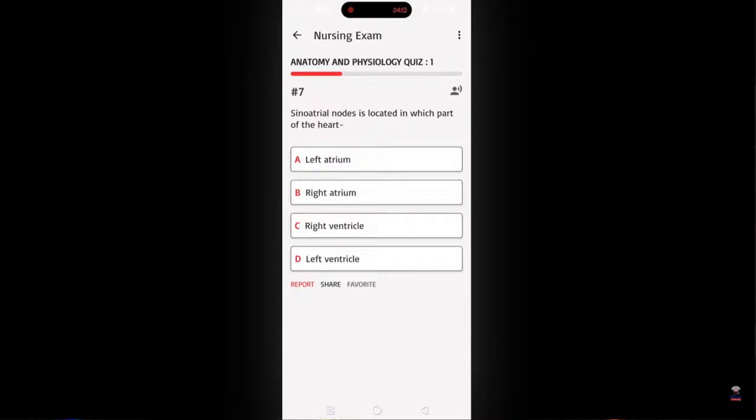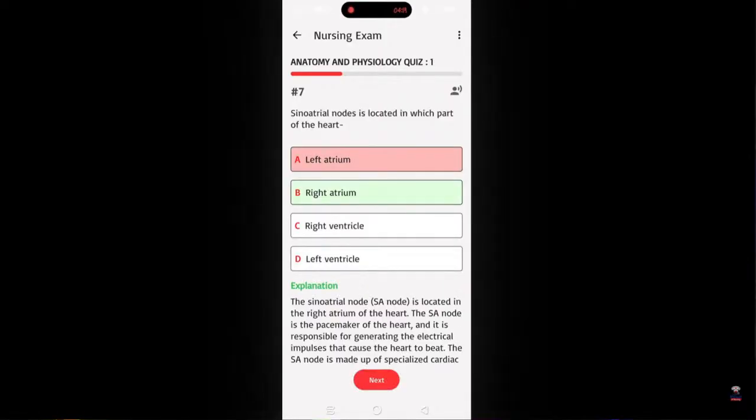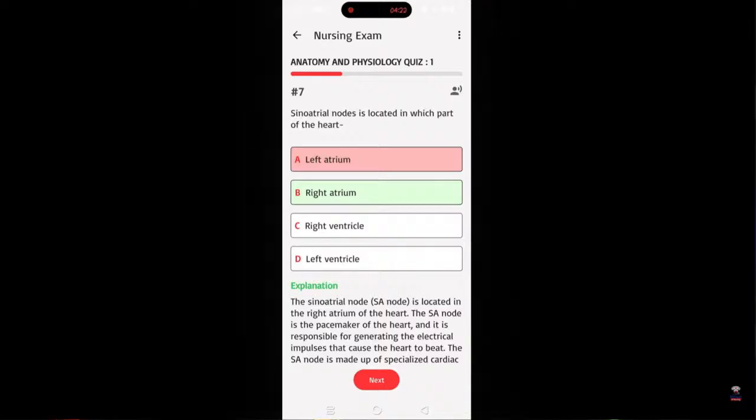Okay. So for SA node, they're always located at the atrium. So we'll go with left atrium. No, correct answer is B. The sinoatrial node, SA node, is